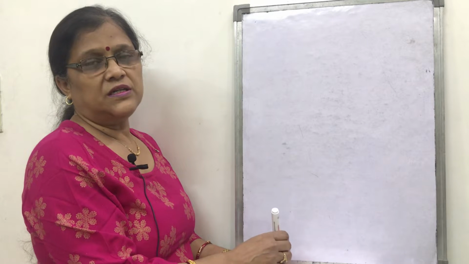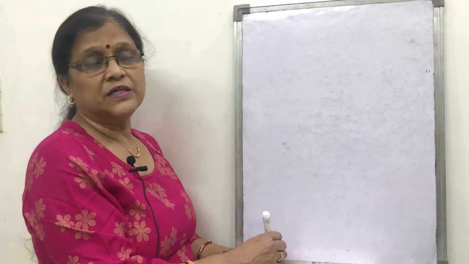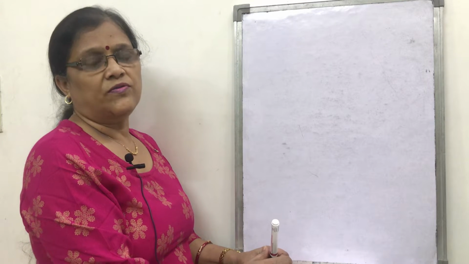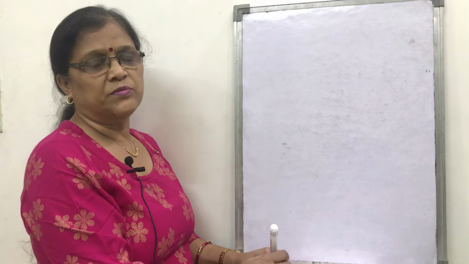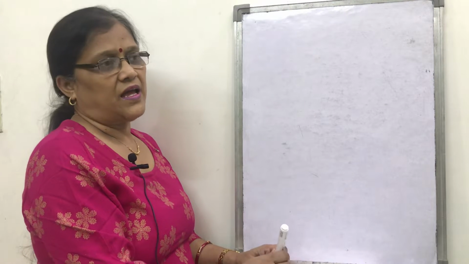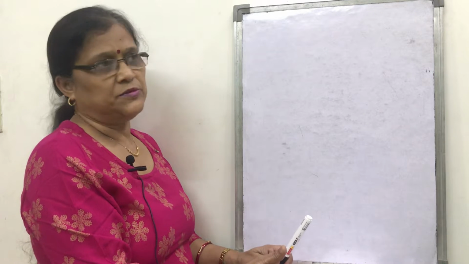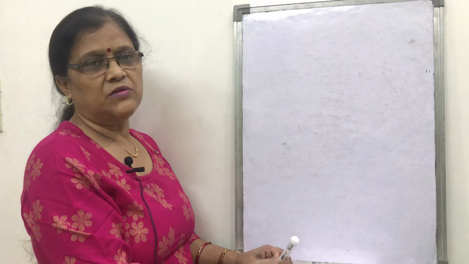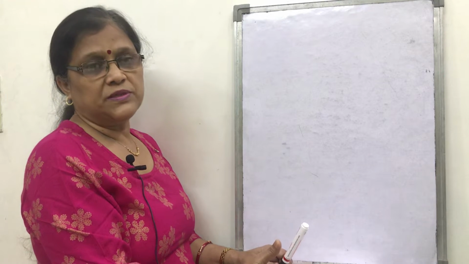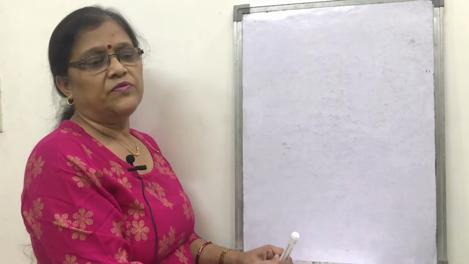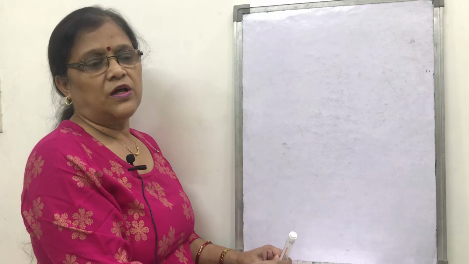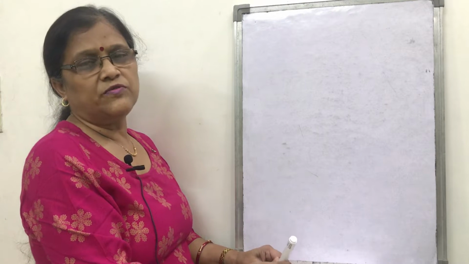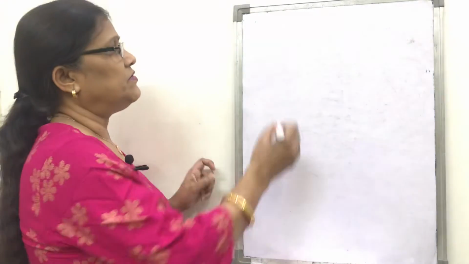Why is it called a meter bridge? Because a 1 meter long wire of any alloy, that is Constantan or nichrome, is taken and bridged, as it is based on Wheatstone's bridge. So how does the meter bridge work and for what purpose is it used? The meter bridge is used to find an unknown resistance or its resistivity. So how is it based on the principle of Wheatstone's bridge? Let us start with the meter bridge.